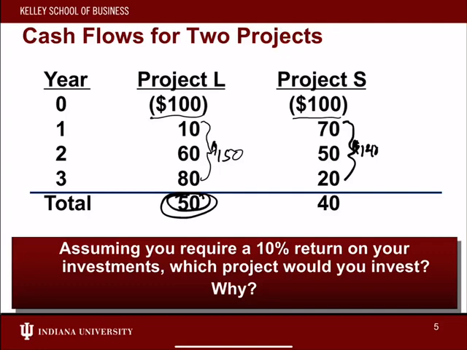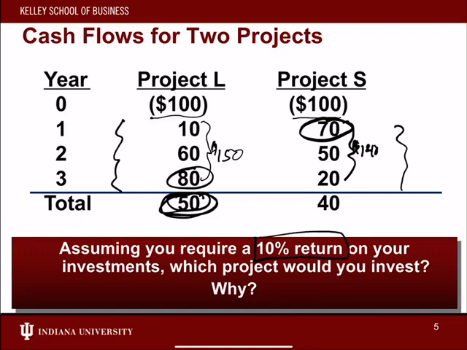But another thing you might have noticed is that the big check you're going to get from Project L, that $80 check, comes at the very end of year three, whereas the big check for Project S comes right away at the end of year one. Because of the concepts we know about discounted cash flow, although L might be more attractive in the total sum of money, the timing of the cash flows makes S look a little more attractive. So we're going to have to do some analysis to say, hey, if we require a 10%